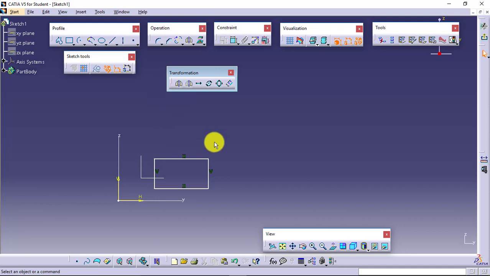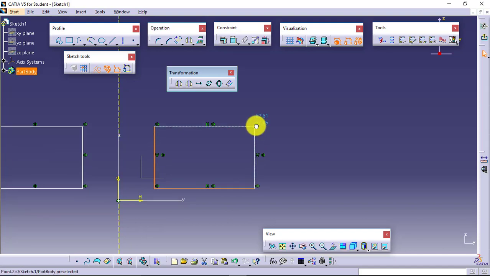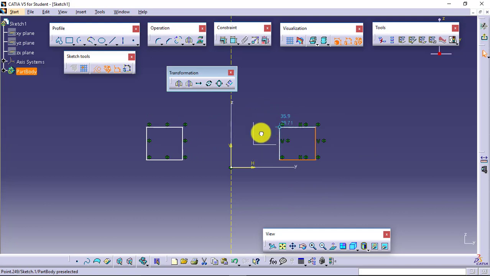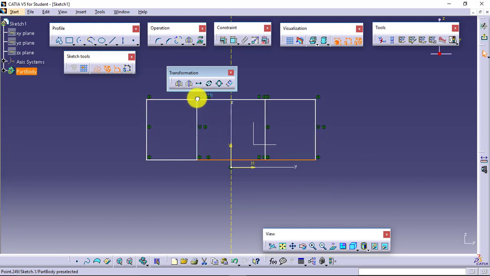First is mirror. What I want to mirror, I will select that first. Say I want to mirror this much. Select the mirror and select about what you want to mirror. Say I am selecting the z-axis, so it will be mirrored. Now the importance of mirror is, you can see the symmetry symbol is available. Means if you modify the parent, the child will automatically be updated. This is what it maintains.